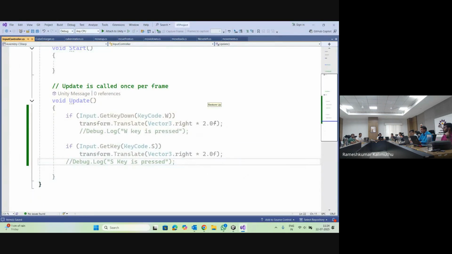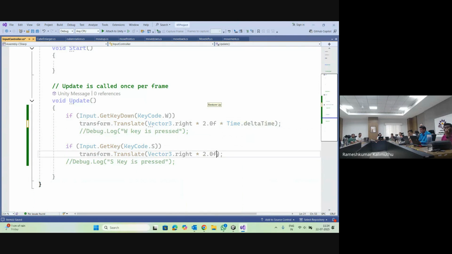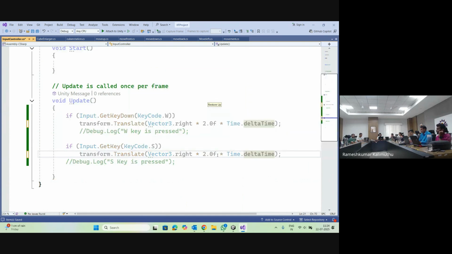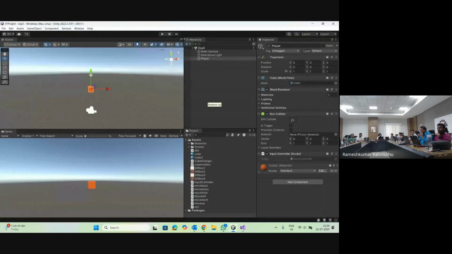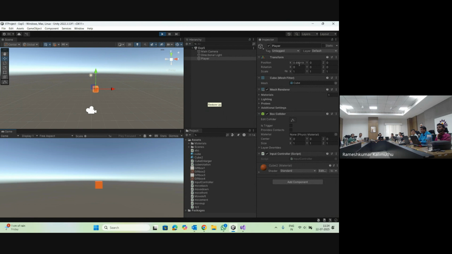So if you multiply this with... see, let me press the W key. It will move very slowly. Can you see? I'm tapping the W key. But if I press the S key and hold,